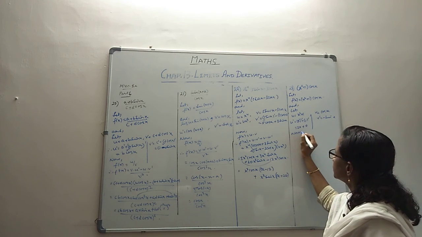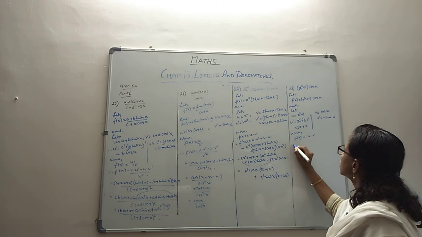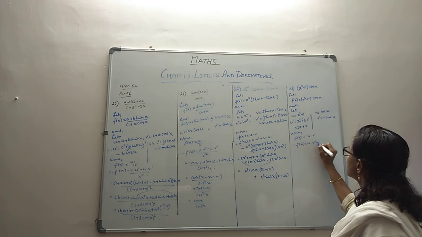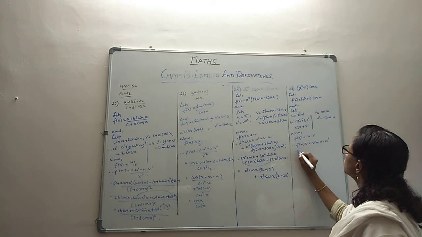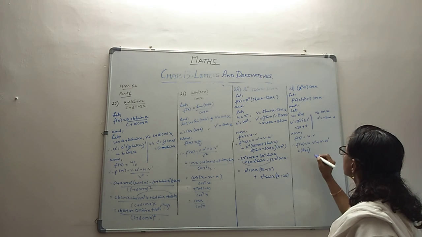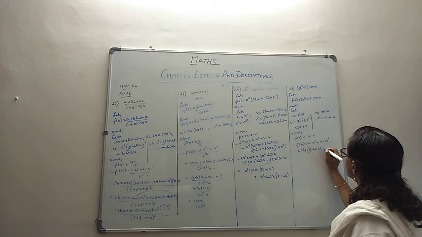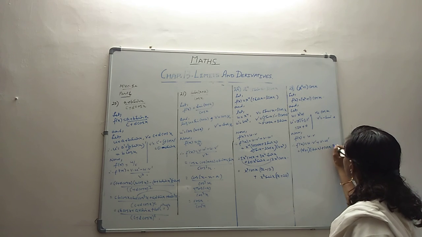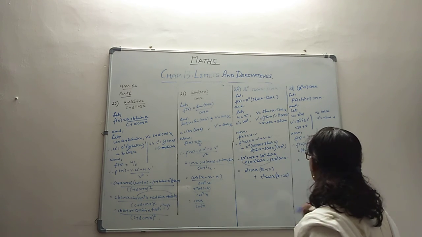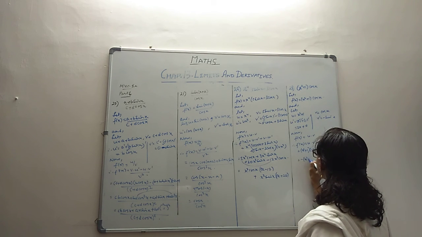Like that, you have your f of x as u into v now. So f dash x will become u into v dash plus v into u dash. So u for us it is x squared plus 1, and v dash for us it is minus sin x. Similarly, v for us it's cos x, and u dash is 2x. So that way you have this expression. You can leave it like that, or if you want you can expand, or it's perfectly okay if you leave it like that.